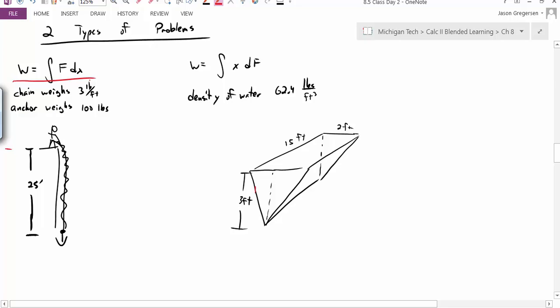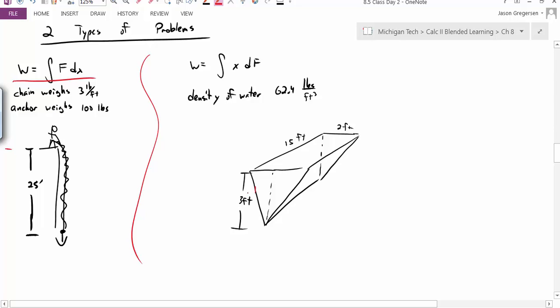We talked about why we need to use integration here because that force is no longer a constant like it was, and we talked about the definition for work as vectors. So we talked our way through this first chain problem. How much work does it take just to make this chain move just a little bit? And because the weight of the chain was changing as we pulled it up, we need to set up an integral. So we finished that first problem, and we're really starting to work on the second one,